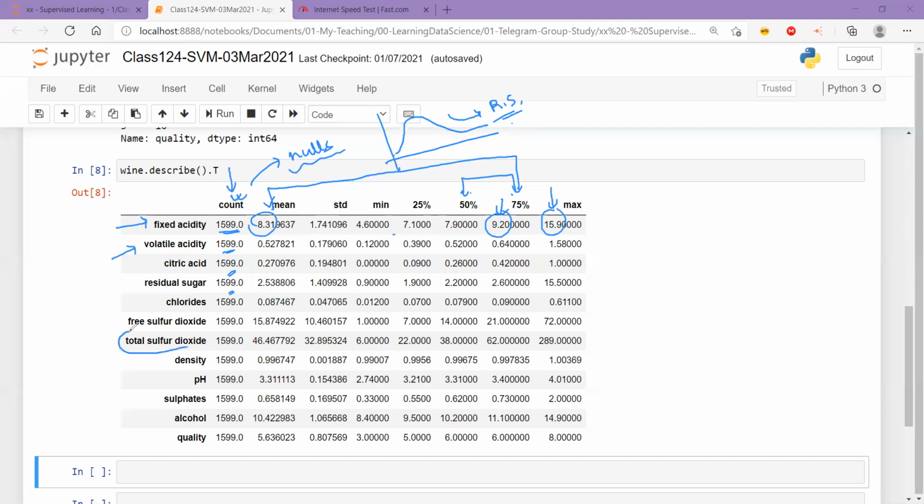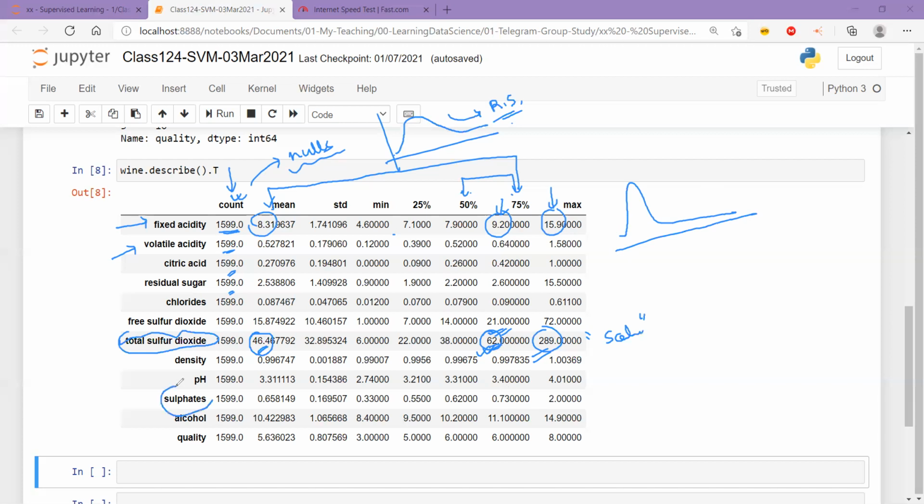But yes, this one over here, total sulfur dioxide, has outliers because 75% of the data falls under the value 62 of its scale. We don't know its scale. We should know its scale, but this value is really high. And if you look at the average, it is not entirely close to the 75th percentile either. So this is going to look like a distribution like this, right? So there are outliers in here. In the rest of the cases, I don't see much of an outlier.